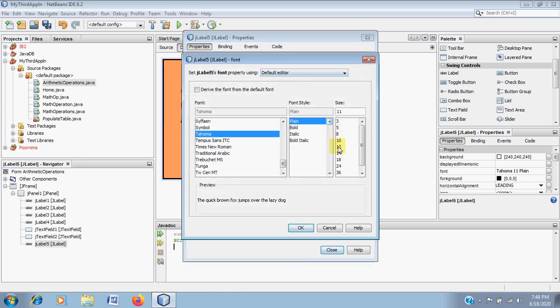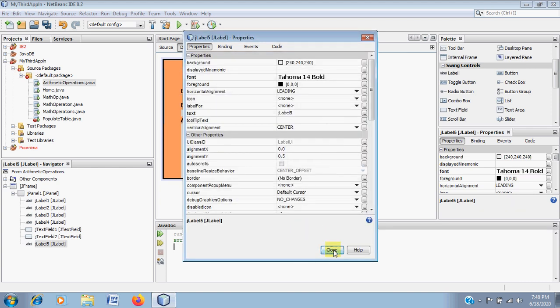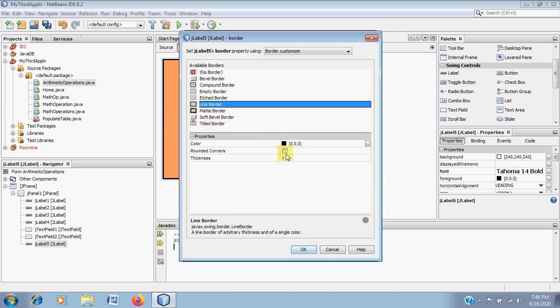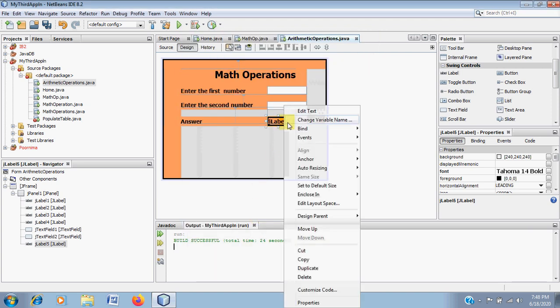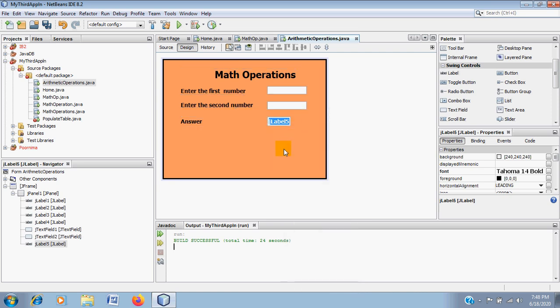First make it bold, 14 bold, click on OK, and I also want to add a border to it, line border. I want to make the thickness 3. Okay, close. I don't need any text here because the answer should appear here. So edit text and press the delete button, everything is gone.